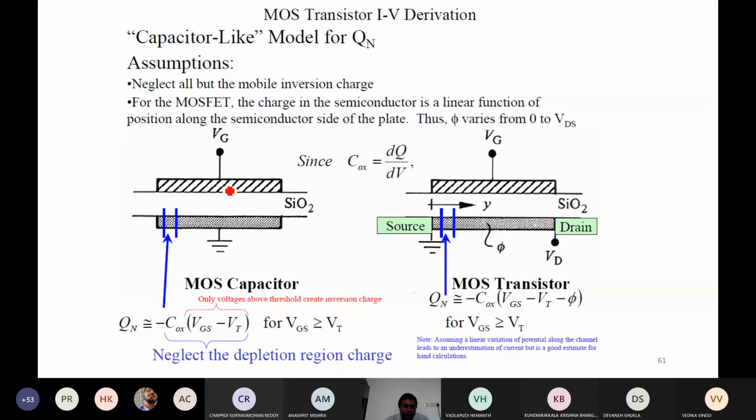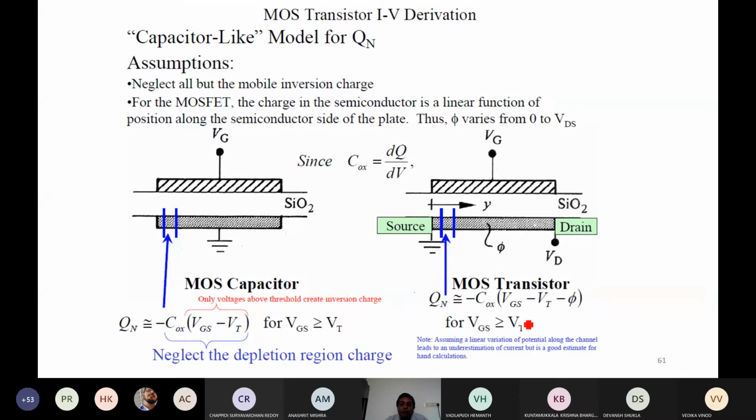So here, as in a MOS capacitor, one plate is here, the other is here. In this case silicon dioxide is the dielectric, and the body is also grounded. In this situation we are considering Qn equal to minus COX times (VGS minus VT) for VGS greater than VT, because an n-type channel is created. Therefore we are considering negative charge. Similarly, in a MOSFET also, here the source and drain are also there. So phi is the potential of the channel, and gate to source voltage is applied more than the threshold voltage. In that situation we are calculating, VGS is greater than threshold voltage.